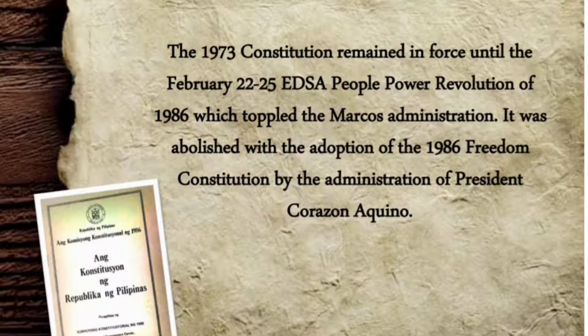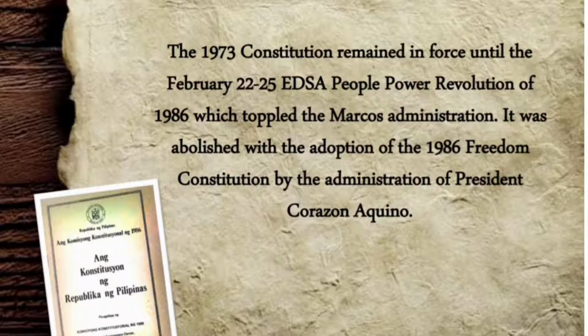So in 1981, amendments were made to the 1973 Constitution and the President was restored from a symbolic head of state to its original status as the head of state and chief executive of the country. So the amended Constitution also granted the President several powers and functions which were originally vested in the Prime Minister and the Cabinet.